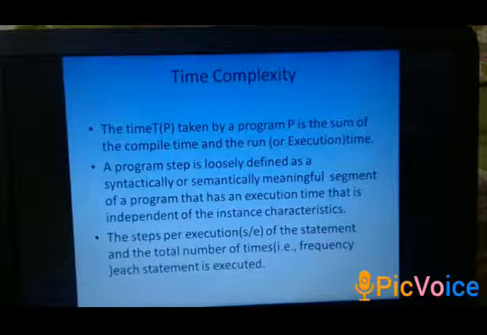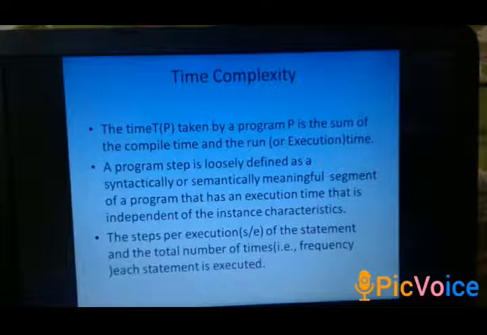The total time complexity of an algorithm is the combination of compile time and the runtime. The value of time complexity for any given n can be obtained only experimentally. The program is typed, compiled, and run on a particular machine. The execution time is physically clocked and the T(n) obtained, that is time complexity obtained.